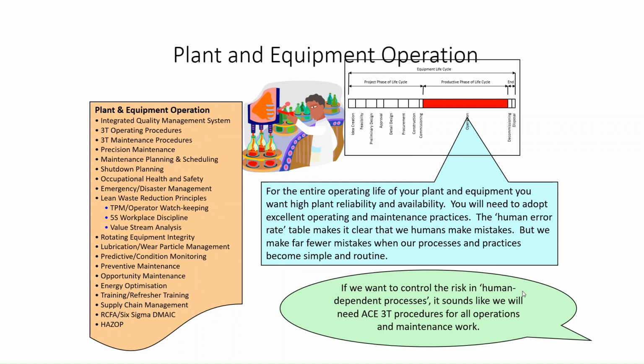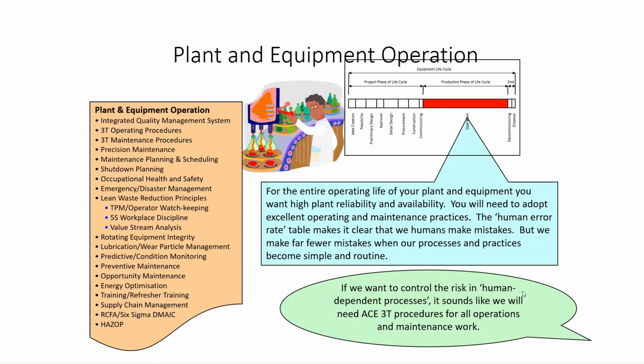Lubrication/wear particle management. Predictive/condition monitoring. Preventive maintenance. Opportunity maintenance. Energy optimization. Training/refresher training. Supply chain management. RCFA/Six Sigma DMAIC. HACCP. For the entire operating life of your plant and equipment, you want high plant reliability and